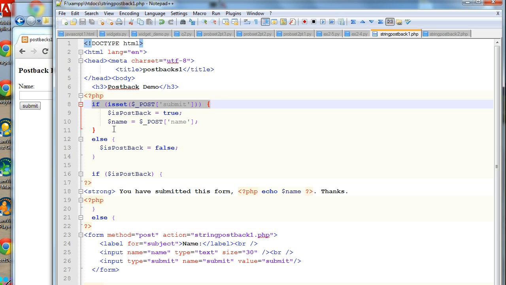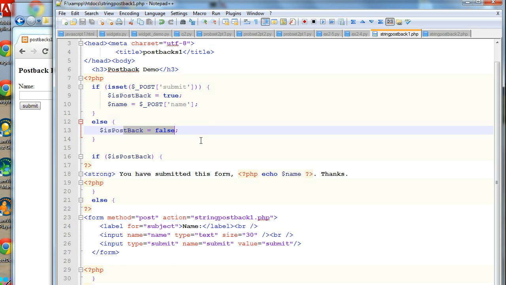If the form has been submitted, it's a postback. And if not, it's the first time they were offered it. So if we get submit in the post method, the user has submitted the document. But if we're looking at this page and there's no postback, that means it's the first request. So we set a Boolean variable here, isPostback, that we set to true if the form was submitted and false if it wasn't. And then we just send two different chunks of code using an if block, depending on whether it was a postback or not. So if it is a postback, meaning the user clicked submit, then we're just going to say,